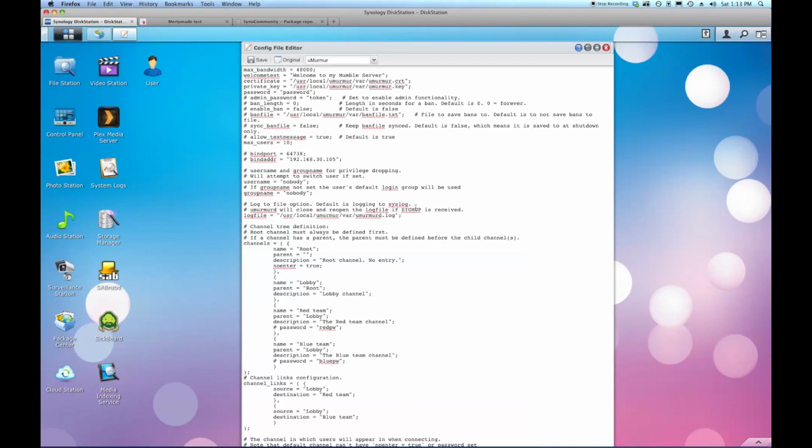If you don't already have your NAS server set up with a static IP address in your router, I would definitely recommend doing that. And with this port number too, you're going to want to forward this 64,738 port to whatever your IP address for your NAS server is. That way people on the outside of your router's firewall can connect to your uMurmur server. I pretty much just skipped the username and group name stuff,